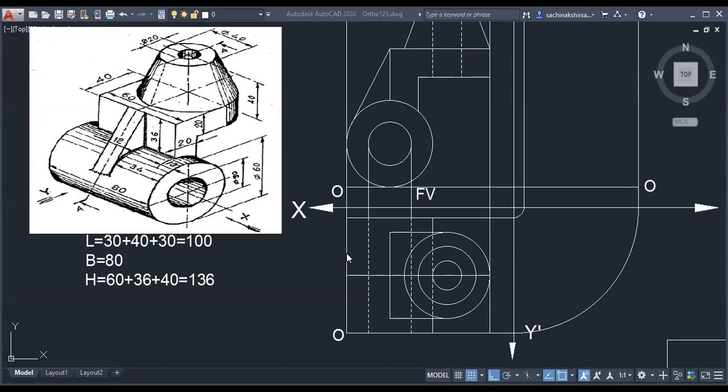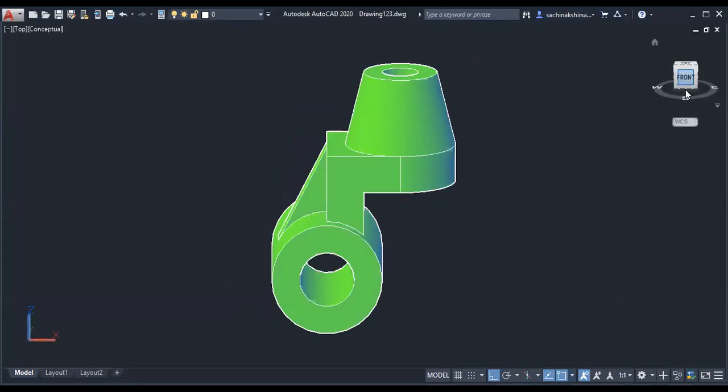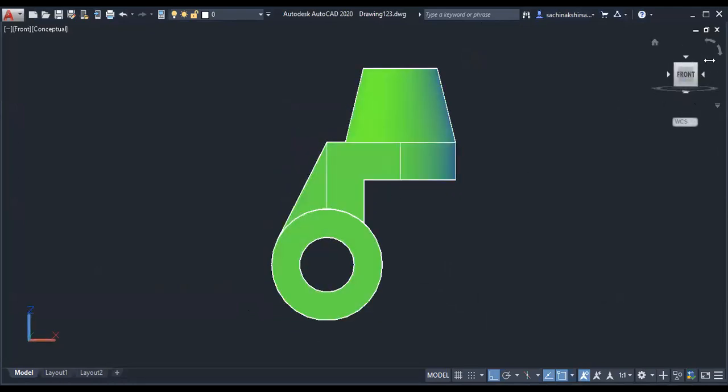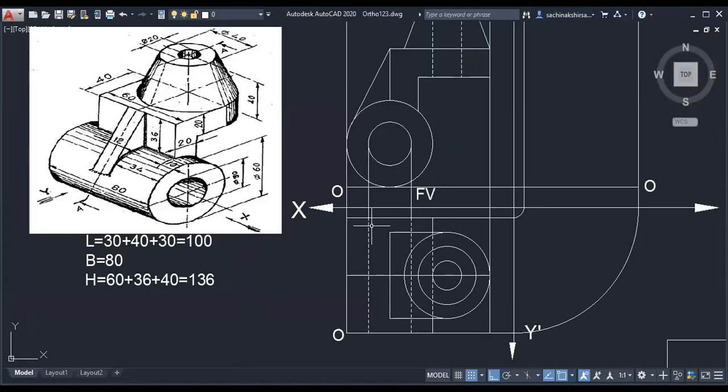From where do we draw this 12? First thing, the rib is not up to the end. You will see the rib, I will show here. It is made up to here, not up to the end. So from here, you can draw one line, like this. In this way, it is not up to the end.